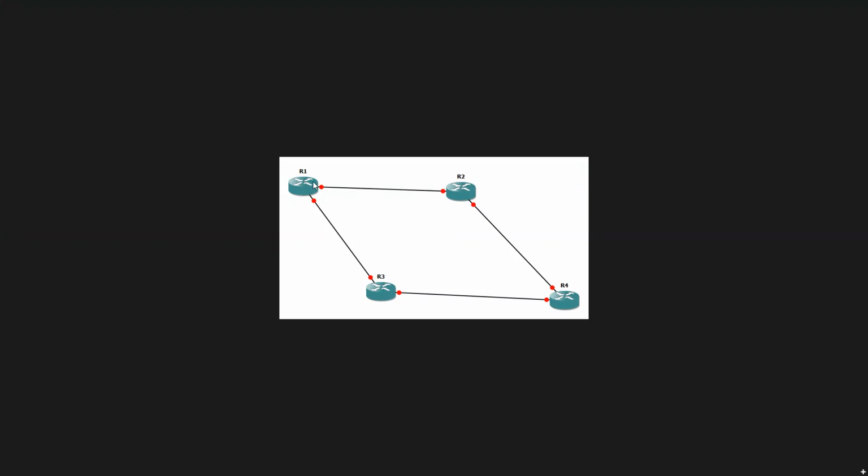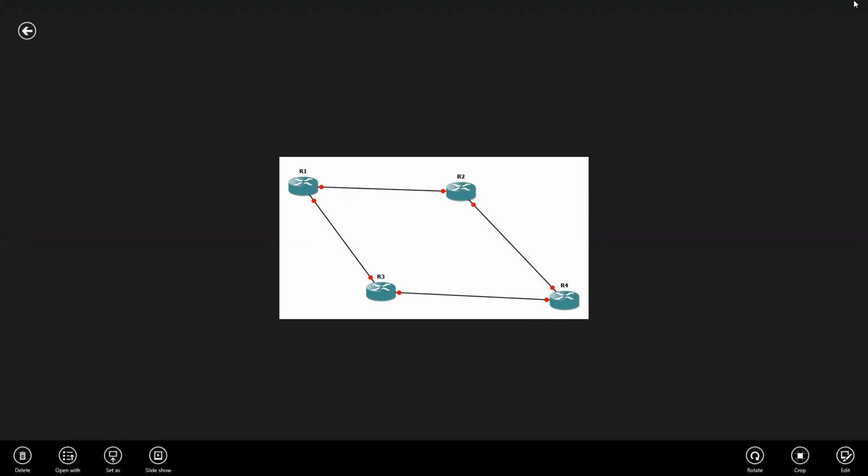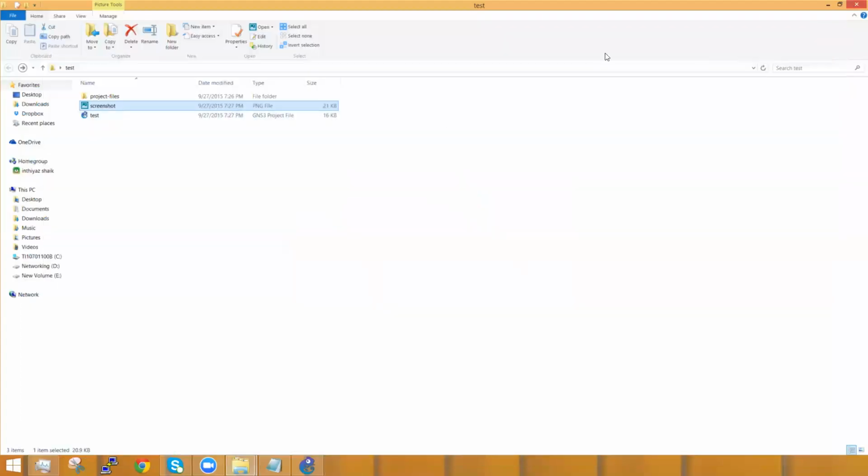Like every time you save, it will take the screenshot with the IPs and stuff like that. So if you want to give this lab to somebody, okay, do this lab and tell me what is the result, stuff like that, you can send this picture to them so that the concerned person can try the labs. So let's say, for example,